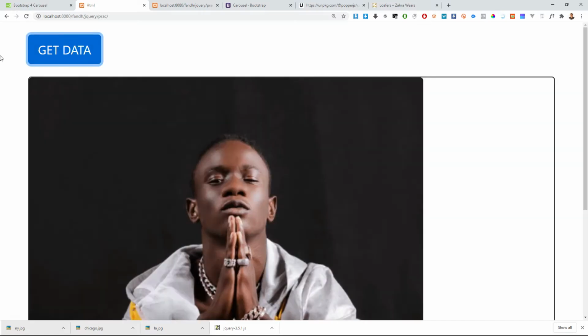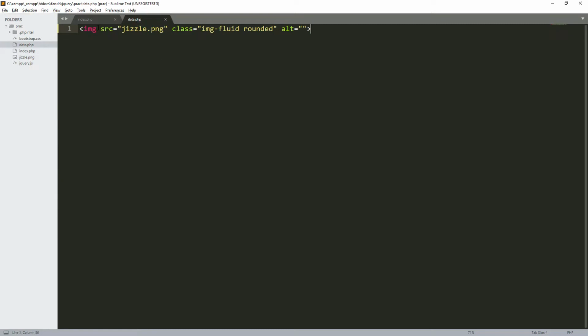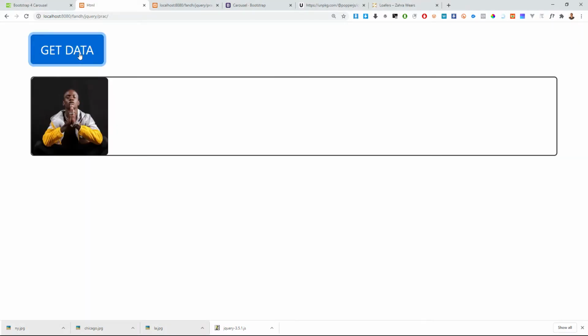Encoded. Can you see? So I load this image asynchronously, without loading the whole page. If I come here and give, for example, width, and maybe I say 100, when I click here, it will be updated, and I loaded it asynchronously.